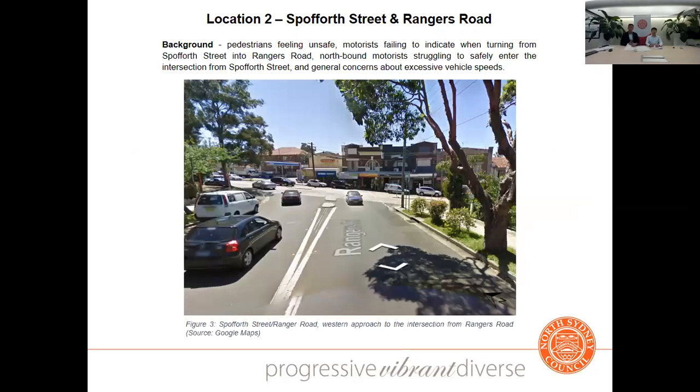Location 2. Now, this is Spofforth Street and Rangers Road. Generally, as you know, this is a very busy intersection. It's a very difficult intersection to navigate if you're a pedestrian, particularly if you're trying to navigate this section here where there's a lot of northbound, southbound traffic. And also we've got complaints or people have contacted us that there's excessive speed at this intersection, which I think everyone does know is a well-used rat run between North Sydney and Mosman if you don't want to chug along Military Road. So again, we have a number of options here that we're presenting to you on how this intersection